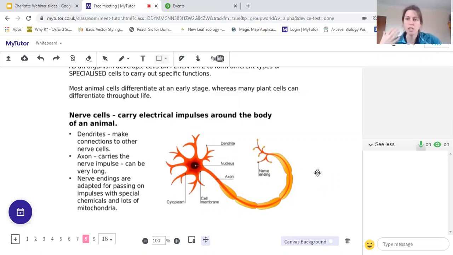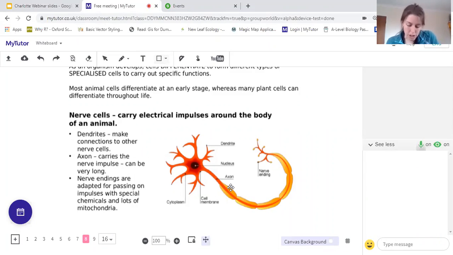That's how messages travel around our body through our nervous system, and our nervous system is made up of these nerve cells. Nerve cells look like this diagram. They all look fairly similar. Some of them are longer than others. They can be extremely long. So we have nerve cells that go from our spine to the tips of our toes. They can be very, very long. And they're made up of,